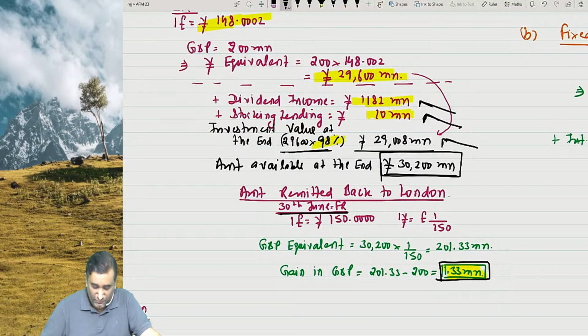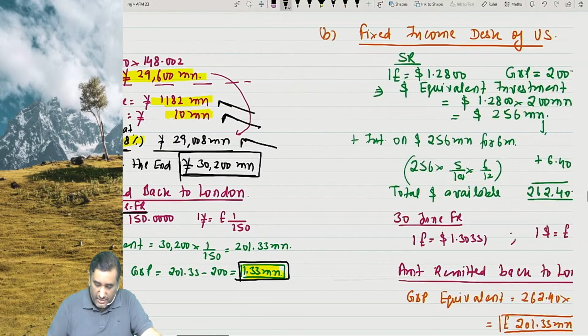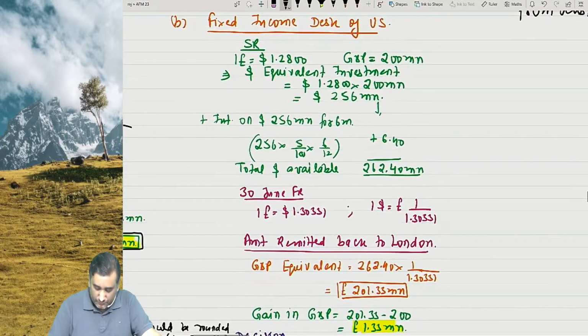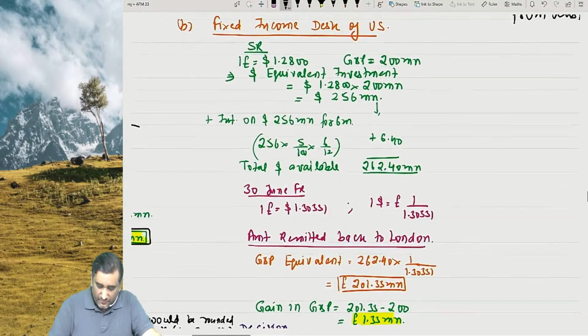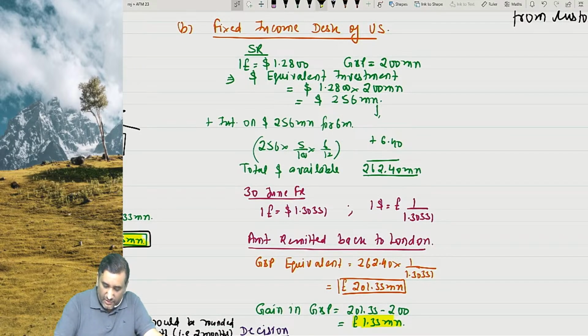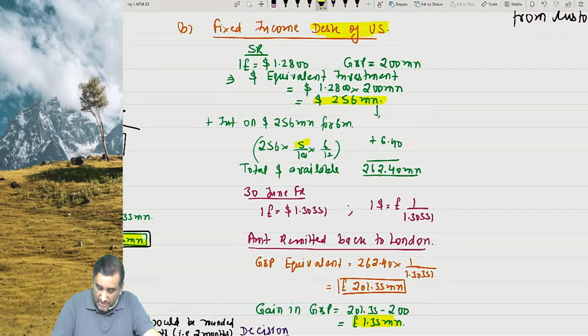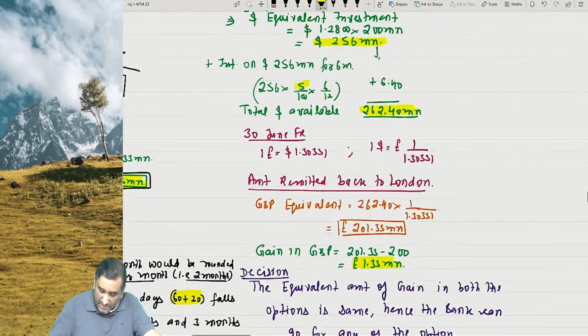If I try the fixed income desk of the US, when you go in the fixed income desk, at spot rate available GBP, it will be dollar how much? 256 million. Earn interest at the rate of what? 5%. It will be 262.4, and then come back to what? Pound, and I think the answer comes exactly the same,